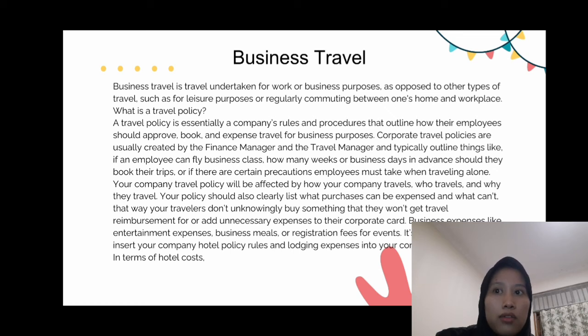That way, your travelers don't unknowingly buy something that they won't get travel reimbursement for or add unnecessary expense to their corporate card, like entertainment expense, business meals, or registration fees for events. It is also important to insert your company hotel policy rules and lodging expense into your corporate travel policy in terms of hotel cost.